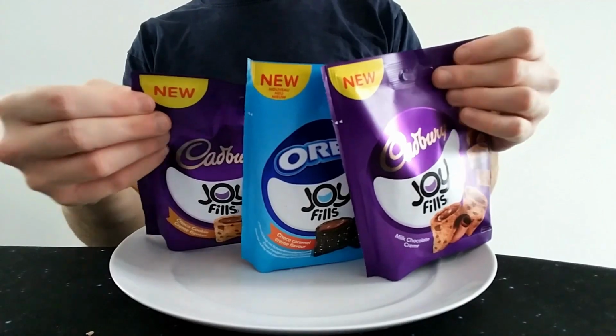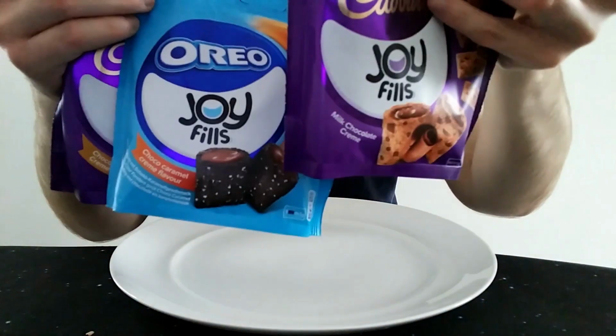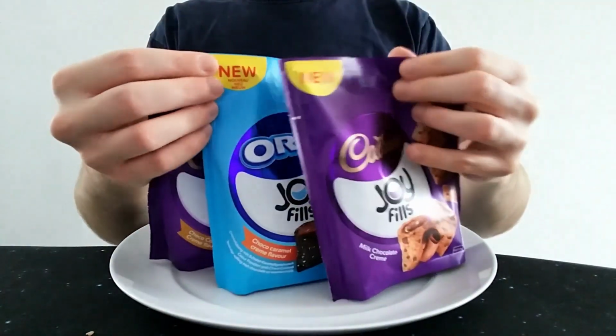This time we have Cadbury's and Oreo Joyfills, or Joyfills. Was he playing the word Joyfill? Joyful? God. So I think